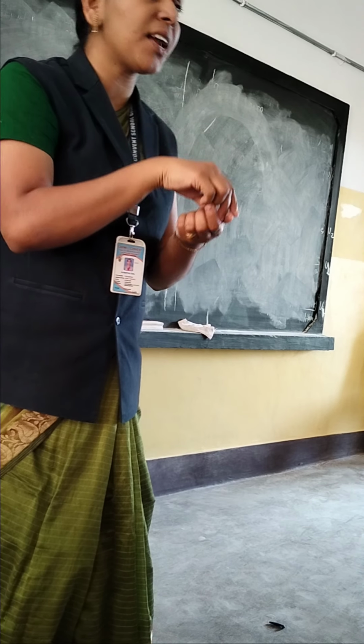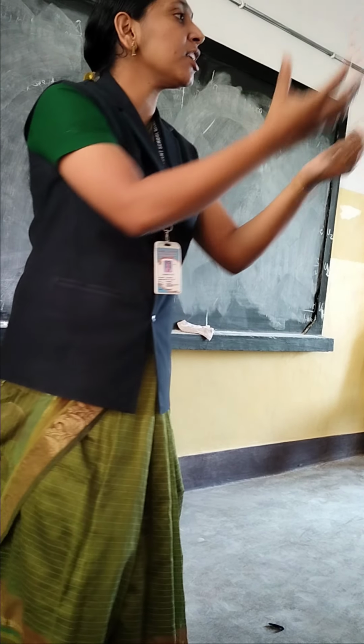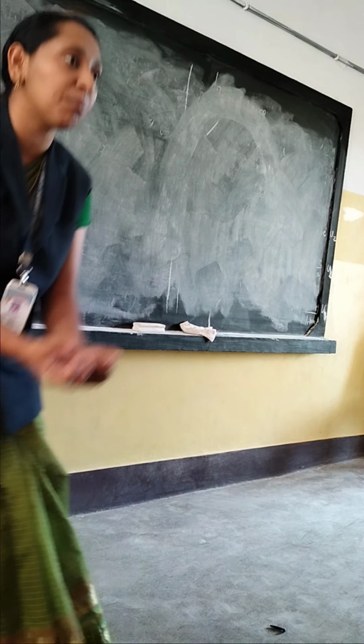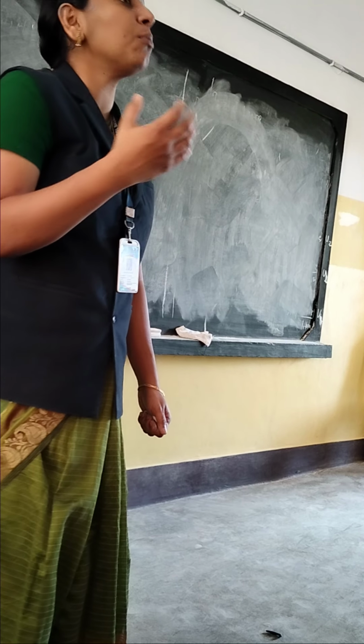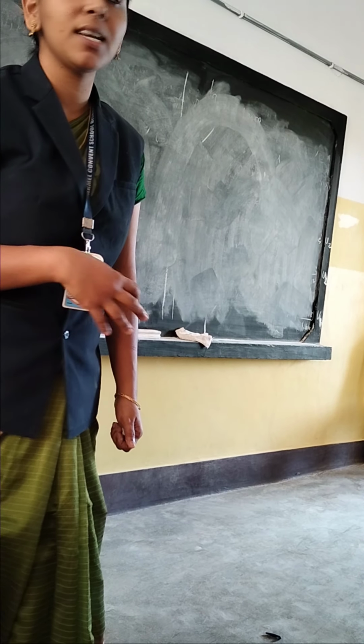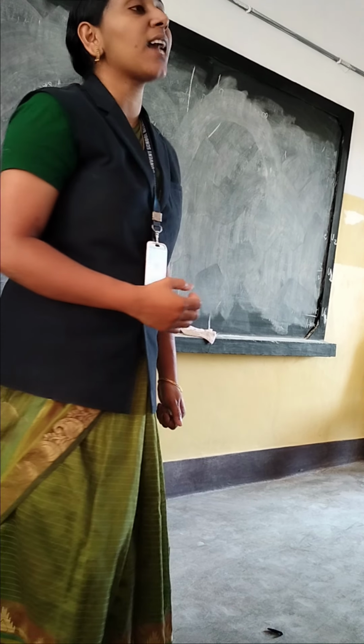Another one. One body is at rest. I apply some force. It will start to move. One body is moving. We have to catch it. It will come to rest. In cricket we have to catch the ball, so the movement comes to rest. So resting objects start to move, moving objects start to rest. That means the body changes its state. So these are the effects that will happen.